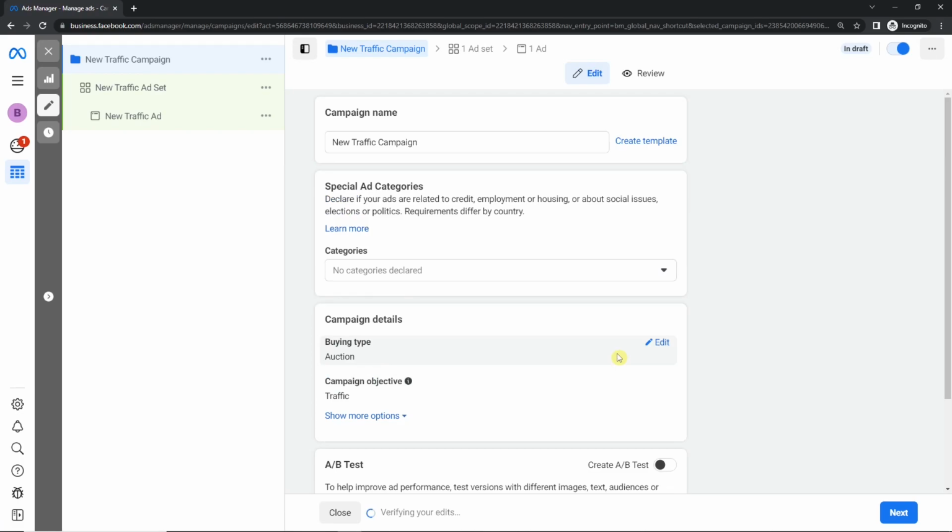And then you will see on the left side that we have 3 different layers. The first one is the campaign level. Then we have the ad set or ad group level. And then we have the ad level. And the blue one here, that is the one we are currently at. On the right side, we can do all the stuff now for the campaign level, which is at first the